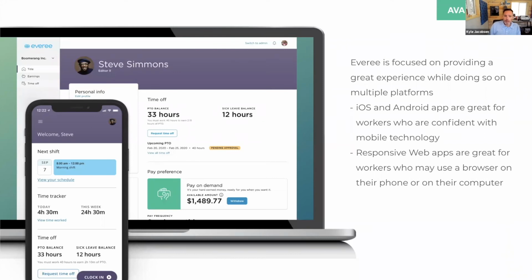Another thing that we provide is a responsive web app. So that's really kind of back here on this laptop. You can see it's all the same information laid out slightly differently. This is responsive, so if the worker is on a desktop, it works. If the worker happens to be on a mobile phone, but on their browser, it works there as well. All of it has the same